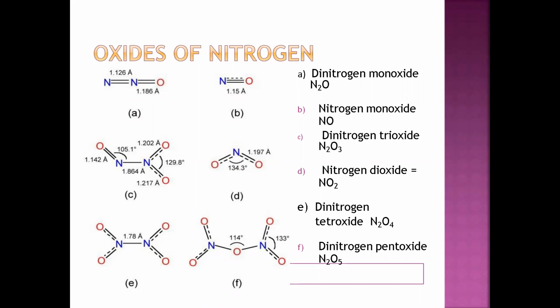So you all have to learn all the oxides, or they can give you this question for 1 mark, to write down the different oxides of nitrogen. At that point of time you have to explain that these types of oxides can be formed by nitrogen. Nitrogen can exist with oxygen in these forms: N2O, N2O3, NO, NO2, N2O4, N2O5.